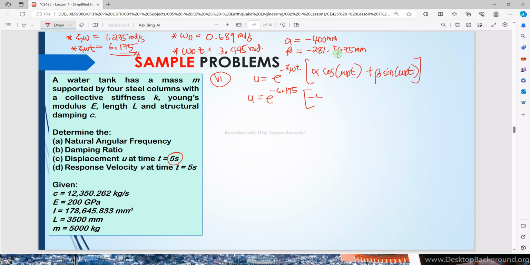So we have minus 400 cosine of omega dt, 3.445 radians, minus the beta, 281.5675 sine 3.445. So our u, or the lateral displacement after 5 seconds, is equal to positive